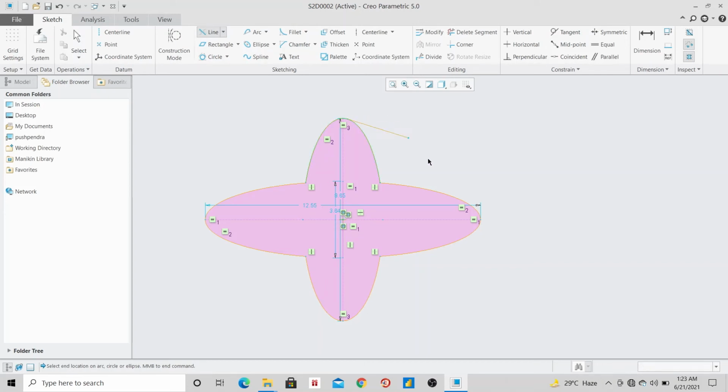I will select the first ellipse, I will select the second ellipse and see this tangent profile is drawn. So as per your requirement, as per the need of that profile, read it carefully and find out what is that profile type. Is it a line? Is it a rectangle, circle, arc, ellipse? And then among them find out which type should be used.